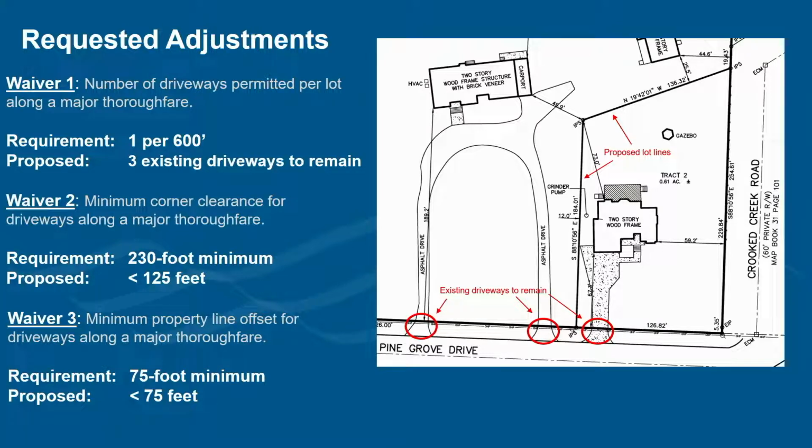The lot, as mentioned, consists of the 2 existing single-dwelling residential structures. The proposed subdivision is shown on your screen with the proposed lot lines and the 3 existing driveways circled in red. There are no changes proposed to the lots, to the driveway, or to the driveways accessing each structure, just the additional lot that's being proposed. Staff recommends the conditions outlined in the report be applied if the DAC recommends approval of this request.